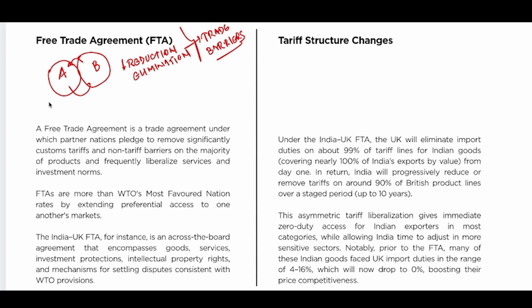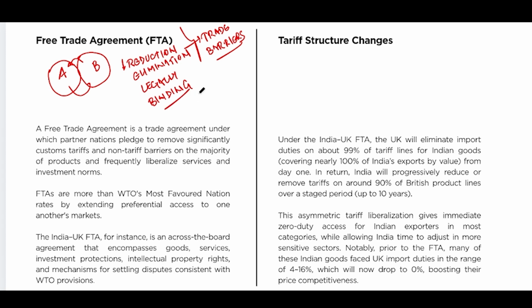So for example, if country A says that we are not going to accept any automobile which does not have a 5-star rating, and let's say most of the vehicles manufactured in B have a 3 or 4-star rating, it would indirectly curb the trade or act as a barrier to the trade of country B. So free trade agreements are agreements between two or more nations establishing a fair set of rules for trade and commerce to reduce or eliminate various kinds of trade barriers, and they should be legally binding commitments.